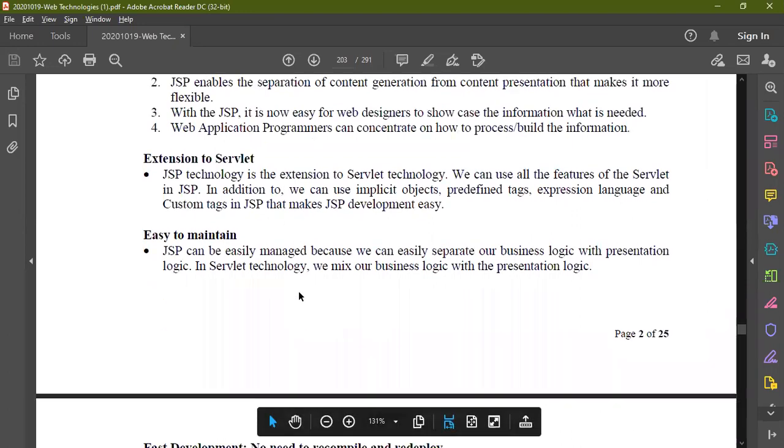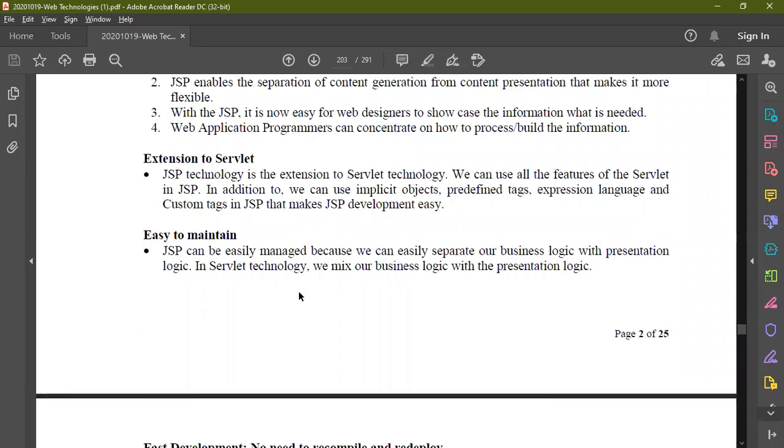And also another important thing about JSPs is it is very easy to maintain JSP files compared to your servlets. As I told you previously, you may have n number of clients. For n number of clients, your servlet should be compiled, and an instance should be created for every particular request. Whereas for JSP, there is no need to create an instance for every particular client request. This is going to minimize the maintenance of your JSP.